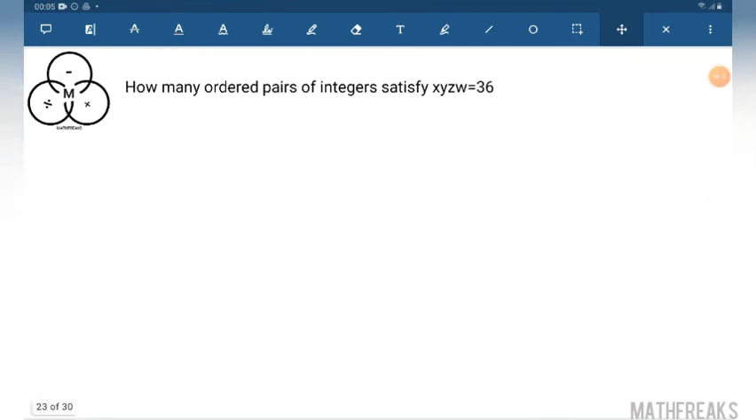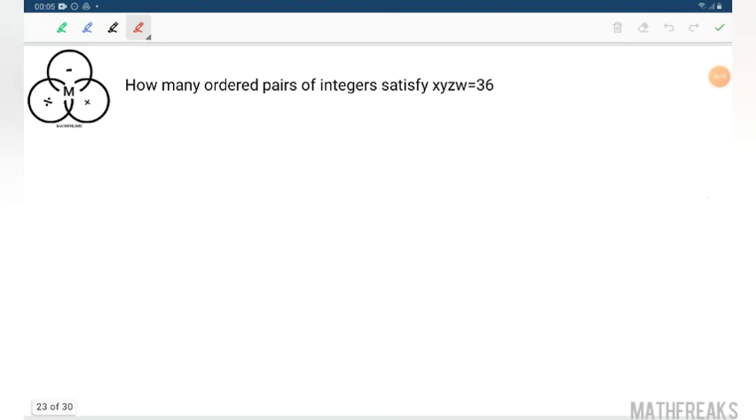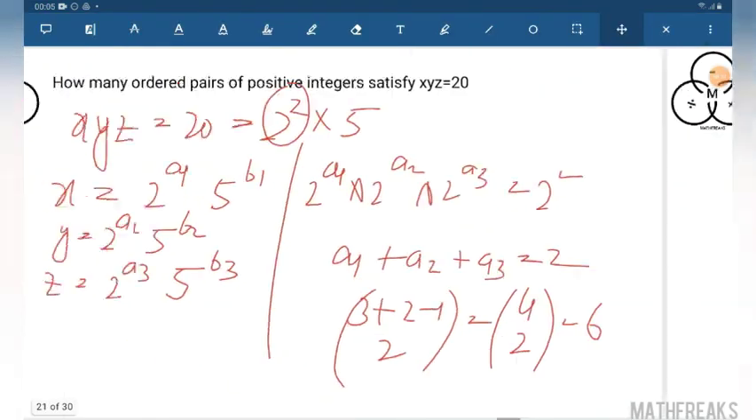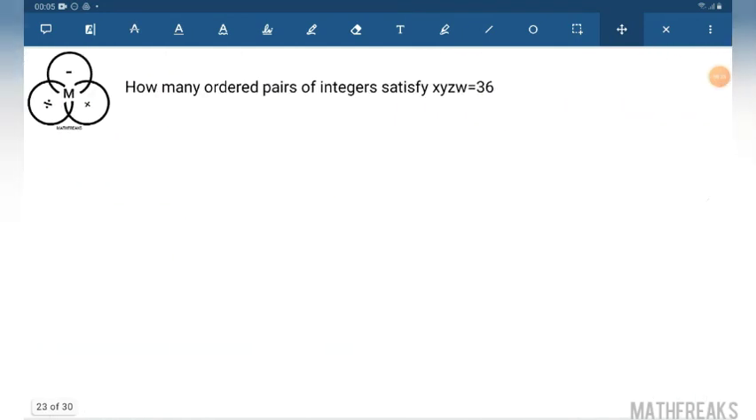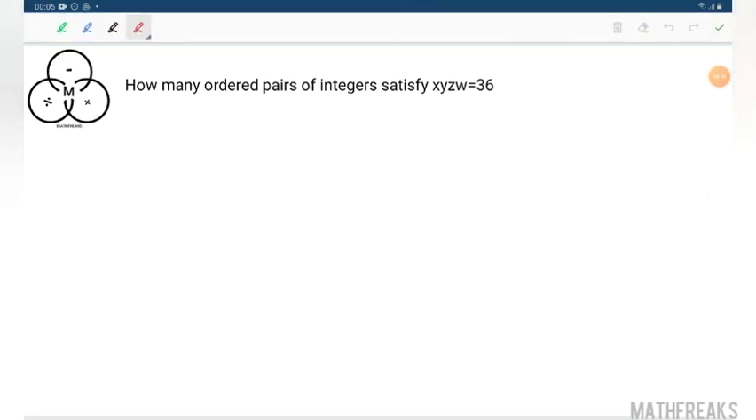How many ordered pairs of integers satisfy x, y, z, w equals 36? Let's find out. 36 can be written as 2 square into 3 square. So